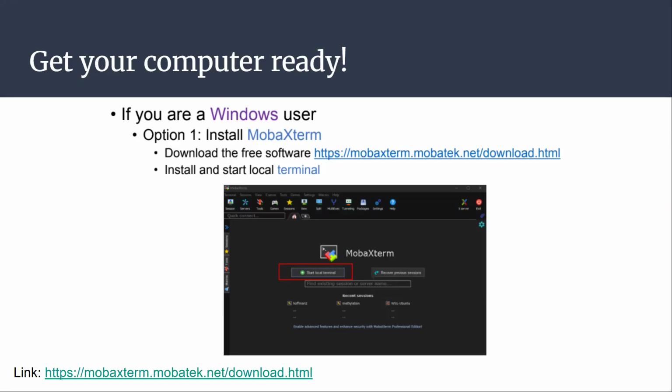Okay, so I have two options. Either I can install Linux, or I can rely on the third party application, that is MobaXterm. If you're using Windows, you can also install MobaXterm. If you have the Linux system, you don't have to install anything. And if you have a Mac, again, you don't have to install anything because these two systems already have the inbuilt terminal. So we don't need to install anything. So if you have a Mac, you can also download this application